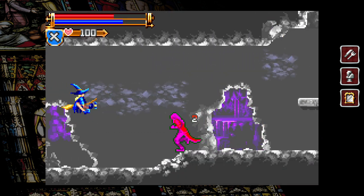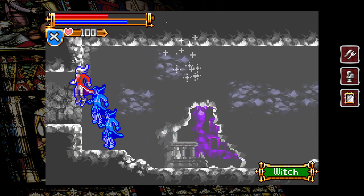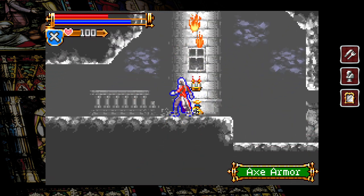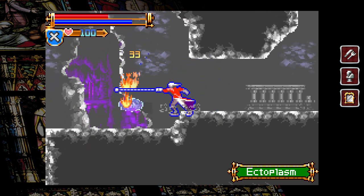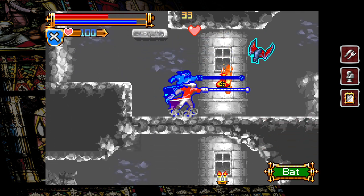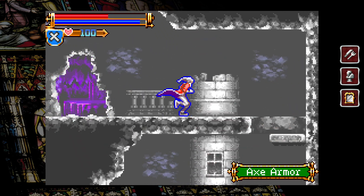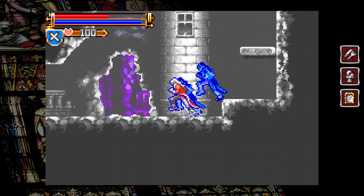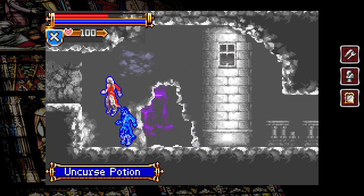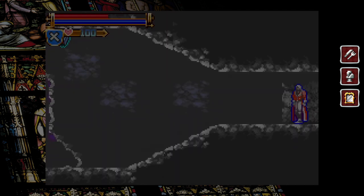Actually, one game I do hope gets added in a really random way is, I think I mentioned it earlier. Unironically, a game I would think would be fun for them to put on there is a game called Hybrid Heaven for the 64. It's an RPG from Konami, and the 64 was pretty light on RPGs, but this was a really weird one